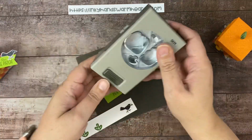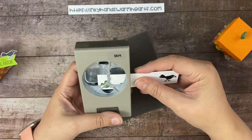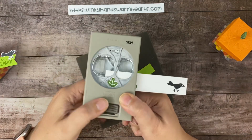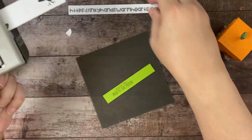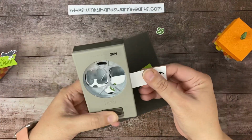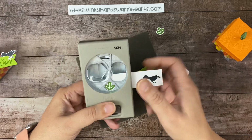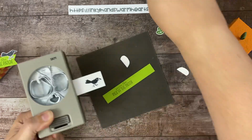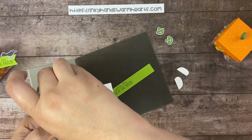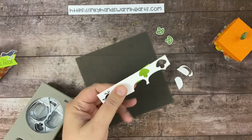So I'm gonna punch our two leaves out first. So start with the first one. We're gonna stick it in here and we're gonna make sure that it's centered. And you can see more than the leaf got punched, but that's okay. This is trash, we'll throw that away. We're gonna slide down and do the second one. This is why I left a little room in between them. And you can see here's our second one. And part of a pumpkin got punched out. All right, so let's get rid of that